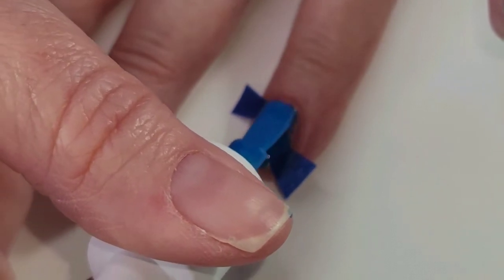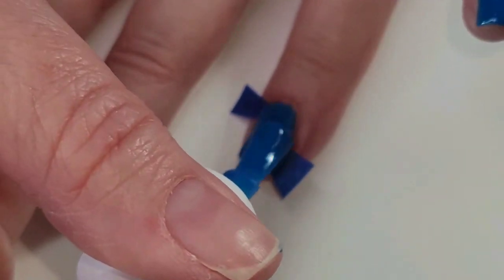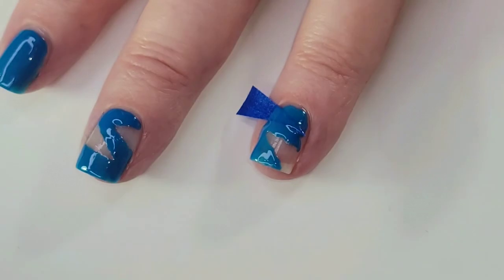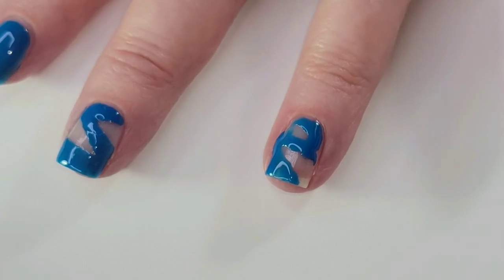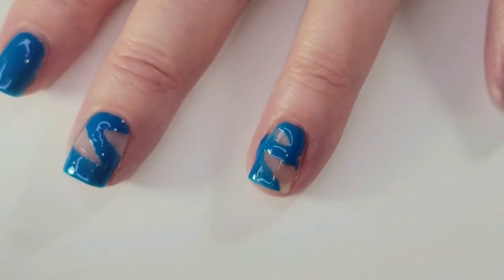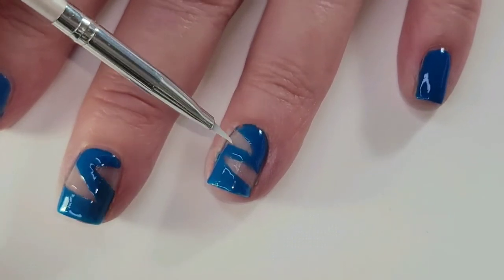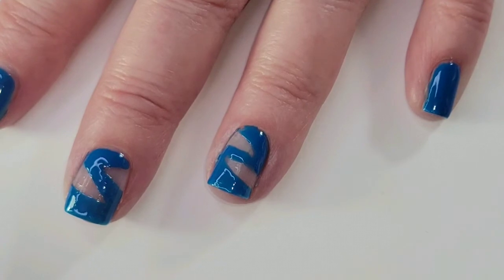I'm just going to paint the whole nail and then remove the tape. This one is working a little bit better. Nope, not really. Alright, still have to do some cleanup with my cleanup brush and some acetone. I like this idea. A couple tips though, if you're going to do this and you're going to make a big mess where you need to use acetone to clean up your nail or whatever,